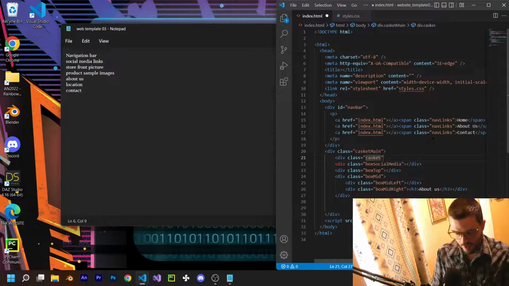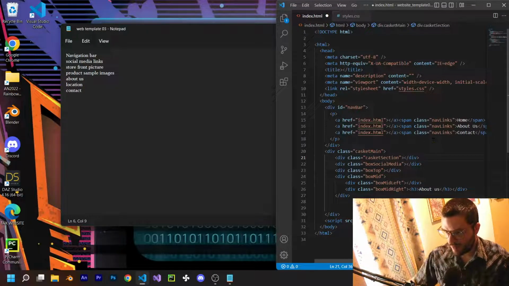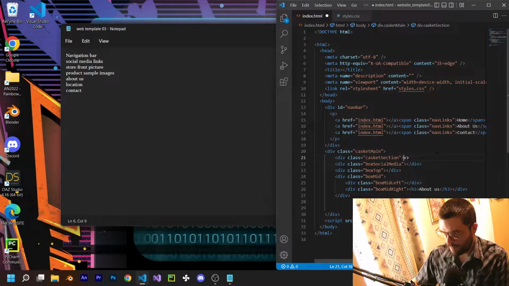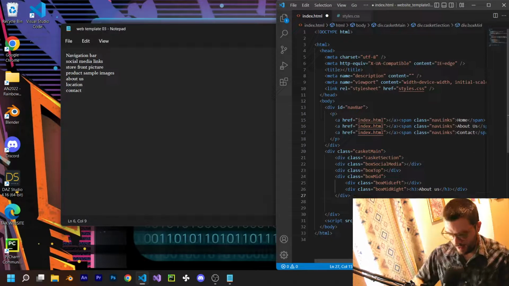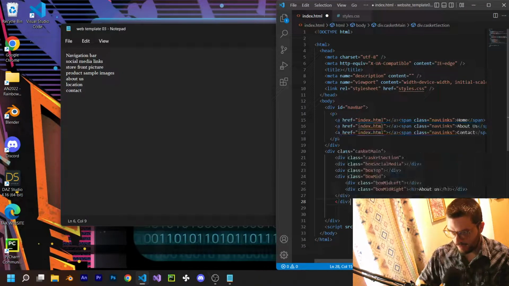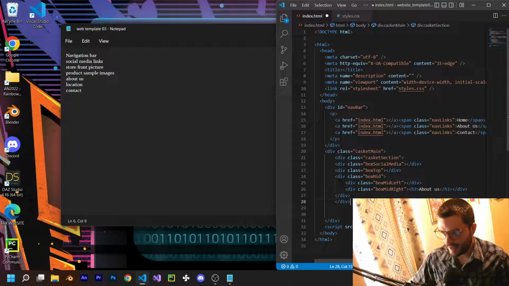I can even just do casket section. So all of these can be the same. And then there can be some consistency in naming of things. So essentially I'm going to add